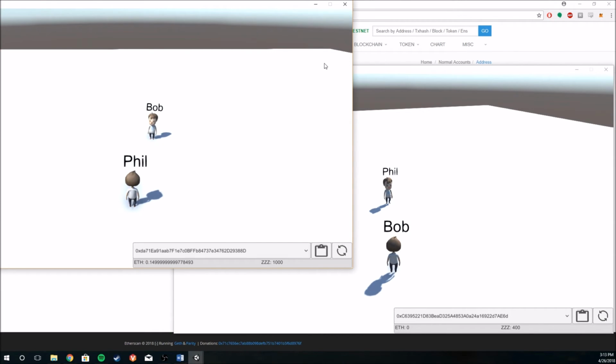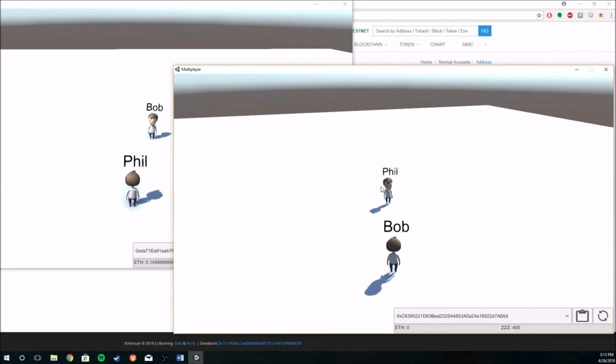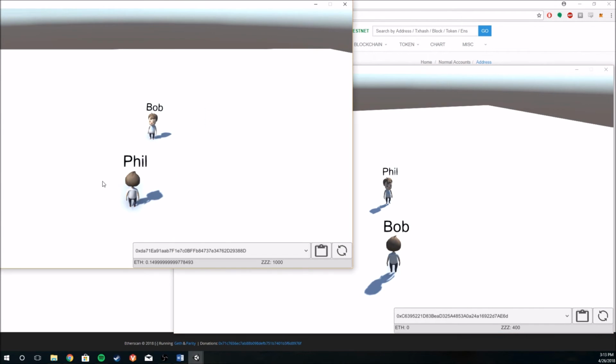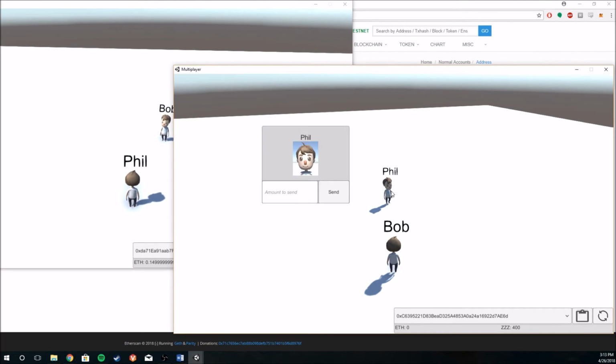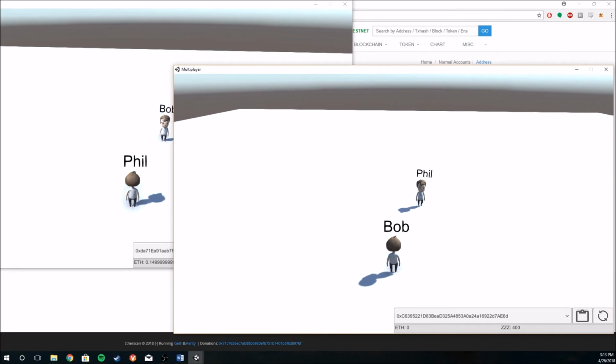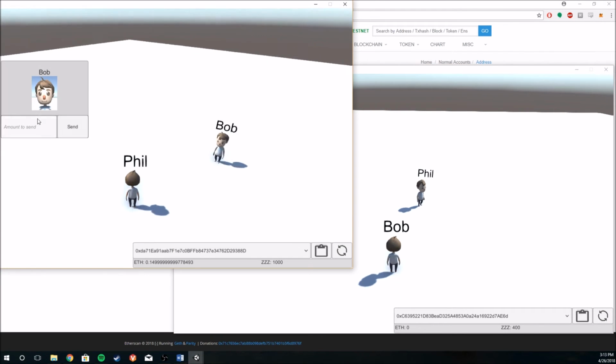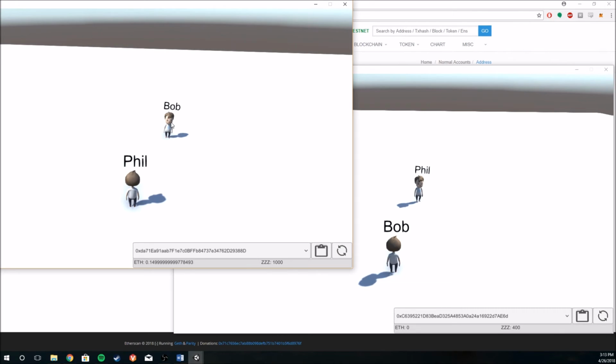If you want to send an ERC-20 token, like in our case Zcoin, you would need to have some Ethereum in your wallet to cover the gas price. So like Bob couldn't send any, but Phil's going to send some to Bob here. So what we'll do here is if we click on our guys from respective clients, you see it brings up a little sending interface. So we'll click on Bob and let's send him, see he's 400, send him 150 Z